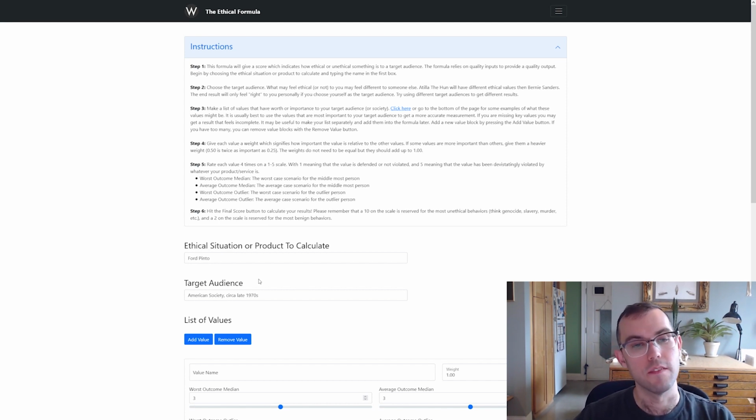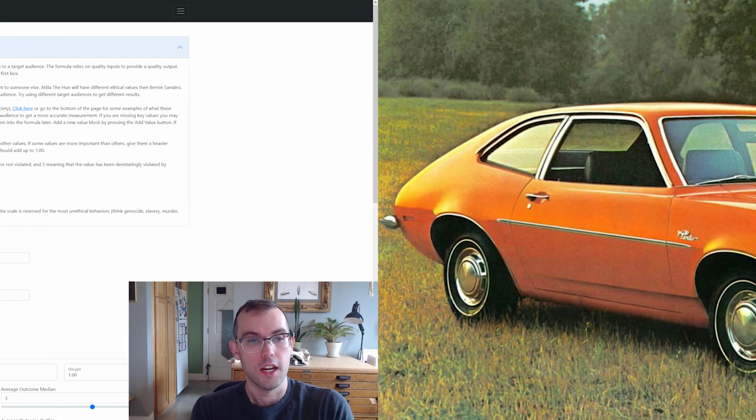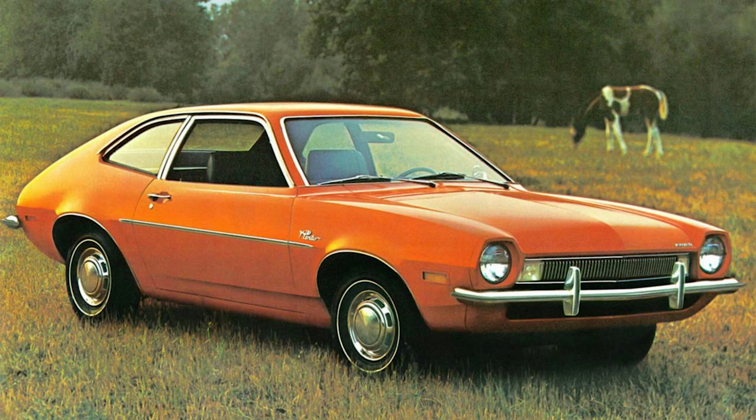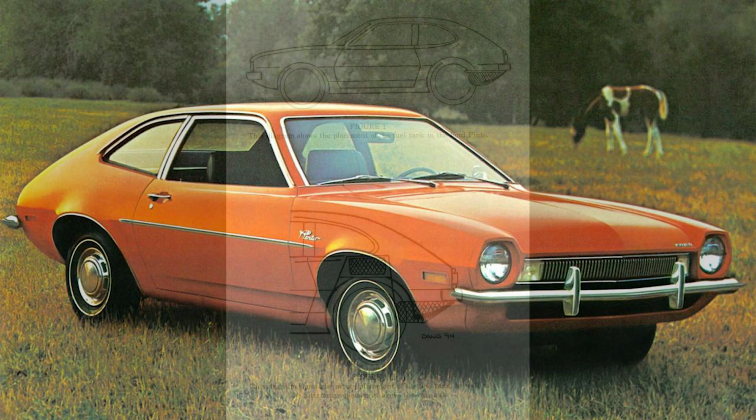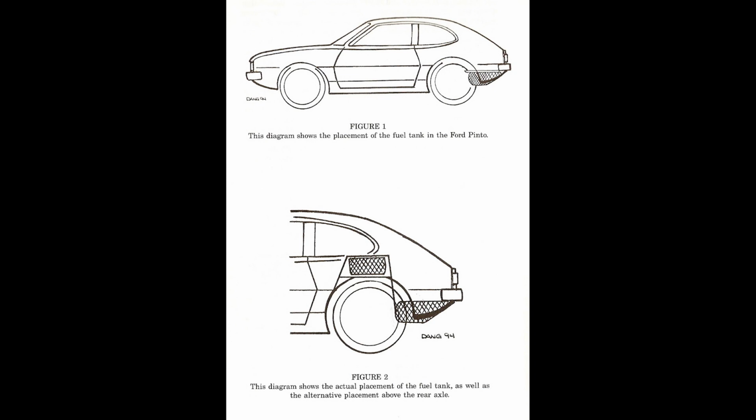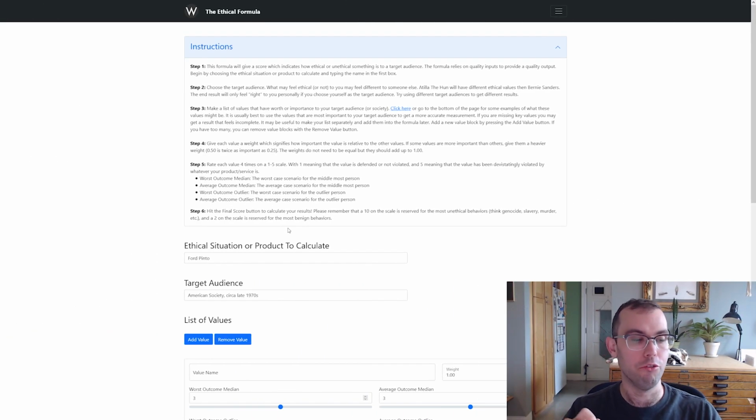The example I wanted to give is the Ford Pinto case. For those of you who may not be familiar with this, in the 70s, Ford made a car called the Ford Pinto, and it's a cute little car. The problem with the Ford Pinto is that in order to achieve its fun little shape, they had a new design, which was to put the gas tank right in the rear bumper, basically. And normally the car worked perfectly normal, but every so often when there was a rear end collision, the entire car would explode in a fiery ball of flame, probably killing and injuring those within. Not great. Not what you want.